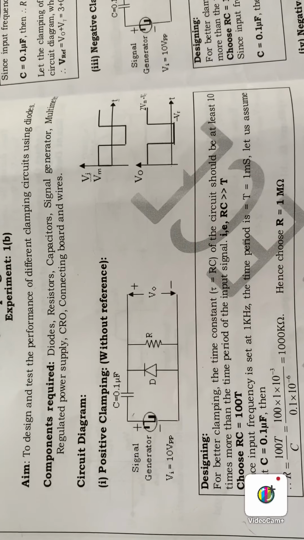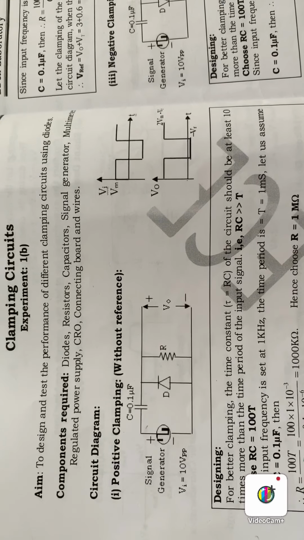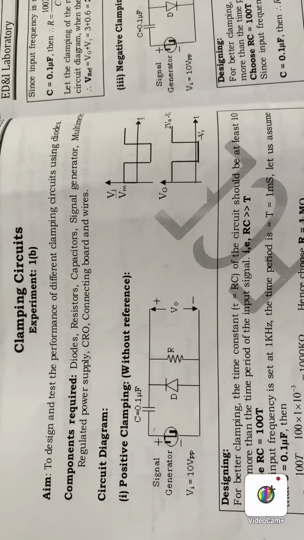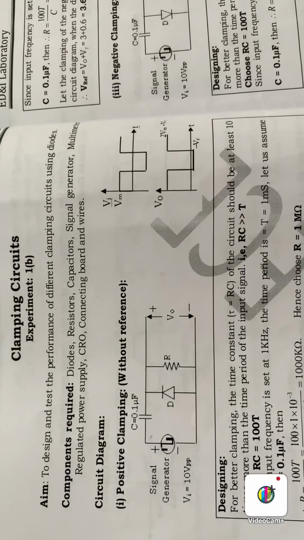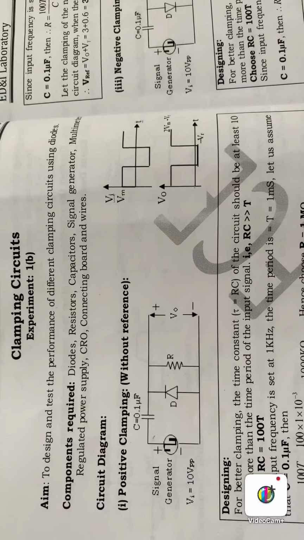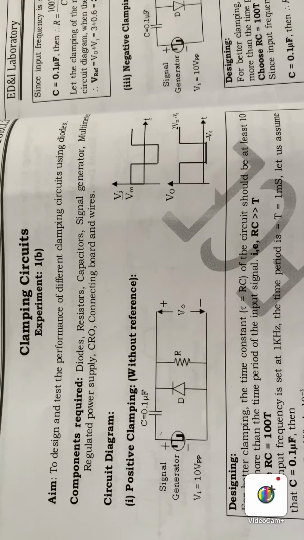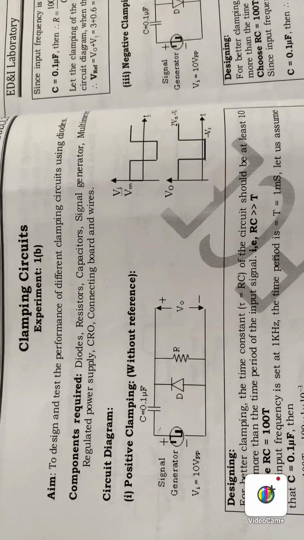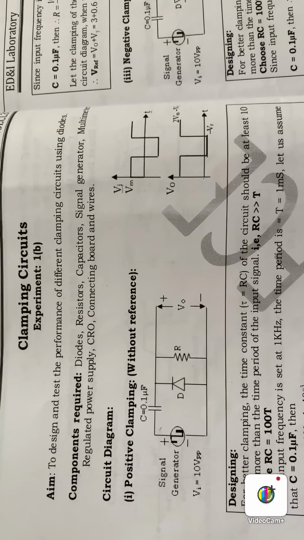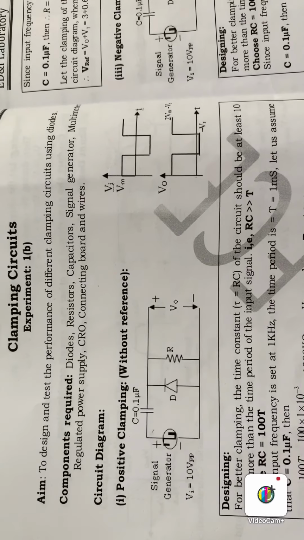So during the negative half cycle, at the peak value, the capacitor gets charged with negative on one plate and positive on the other. That is, during the negative half cycle, at the peak value the capacitor will get charged with negative on one side and positive on the other side. The capacitor is now charged to this peak value Vm. The diode is forward biased and conducts heavily,